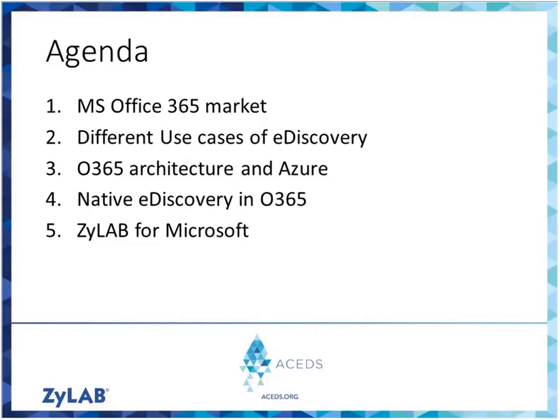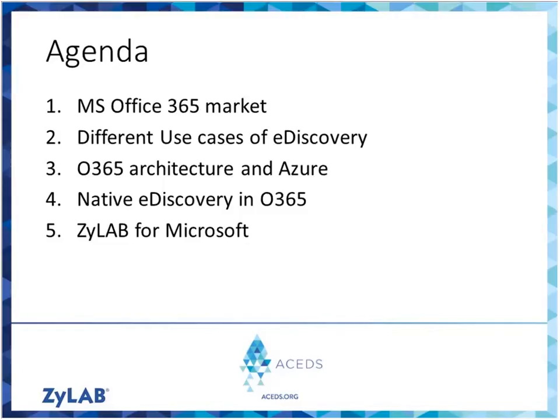Now we have a short agenda for today. First, we'll look at Microsoft Office 365, the market and the developments. We'll briefly touch the different use cases of eDiscovery, which goes well beyond just the Federal Rules of Civil Procedure these days. And then we'll discuss the Office 365 architecture, what can be done from a point of view of eDiscovery and information governance and machine learning in Office 365, and then how we can complement that with some of the functionality of ZyLAB,